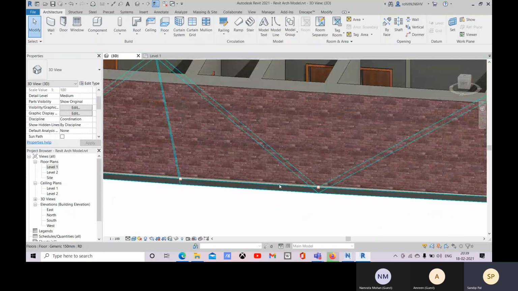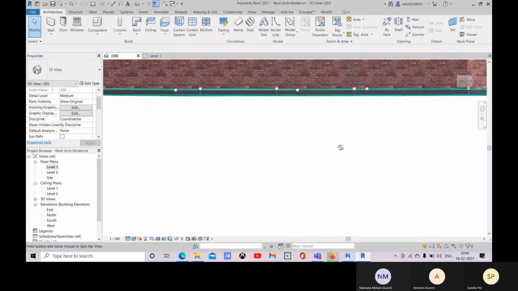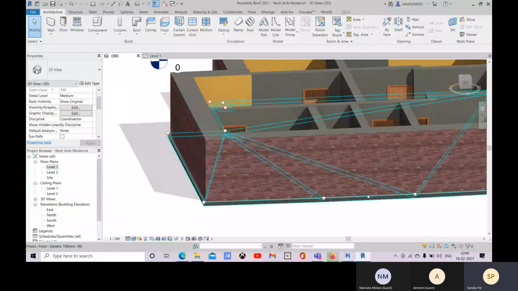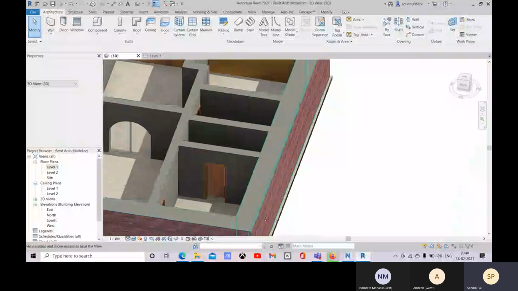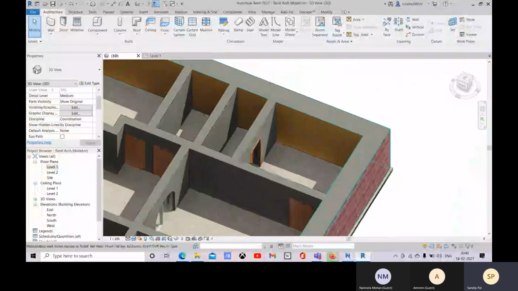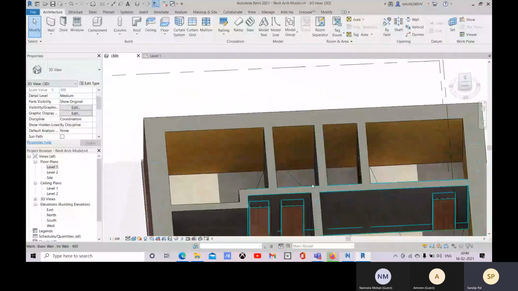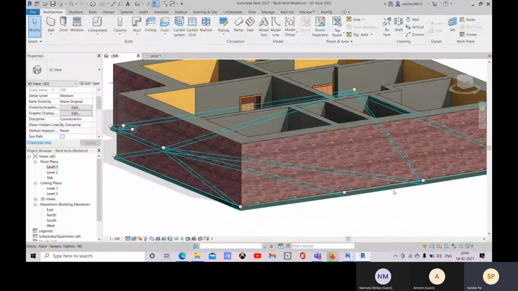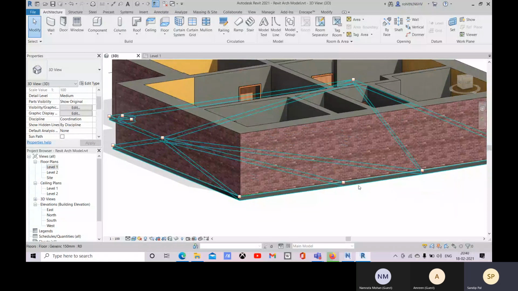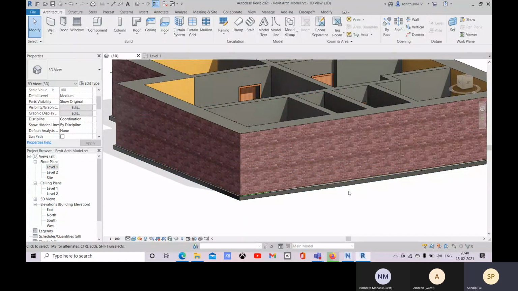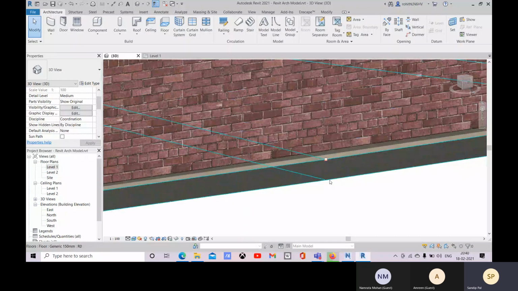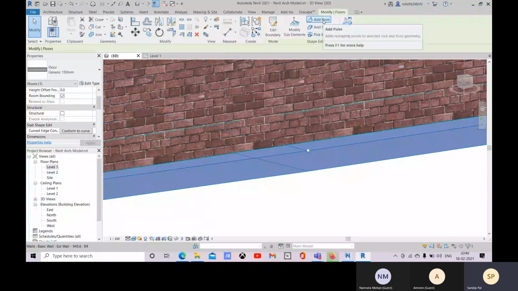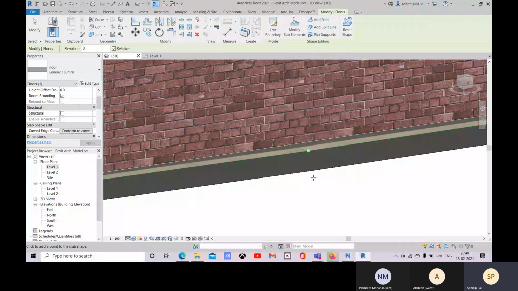You can see for this particular side you have created. And you can change with this point also, like if you select it, you can add another point over there.